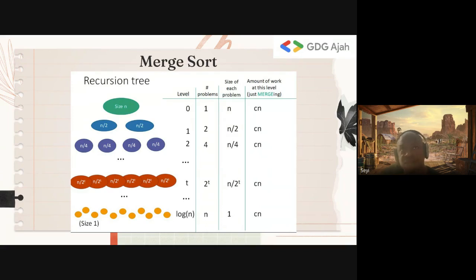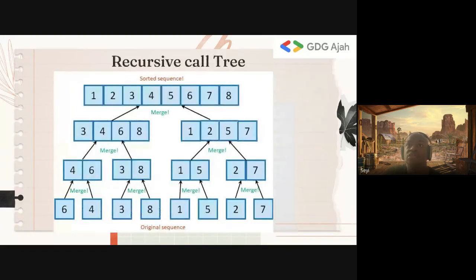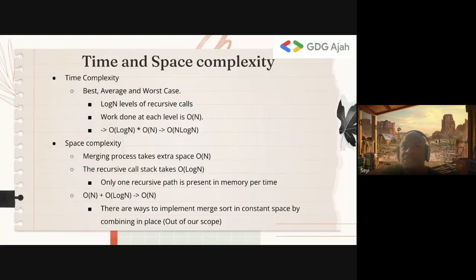That's the intuitive way to understand it. There are more complicated mathematical ways to derive it, but I don't think that's really important. But I'll talk more about this in recursion next week when we talk about recursion in depth. So essentially, the key thing to know is you have log n levels of recursive calls because it's a balanced tree. If you look here, it's a balanced tree. So we have 8 items, right? And we have 4 levels, which is log n plus 1, but the plus 1 is irrelevant because log of 8 to base 2 is 3. So that is how we arrive at n log n. Log n levels of recursive calls, and the work done at each level is O of n.